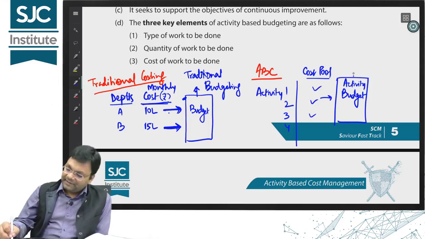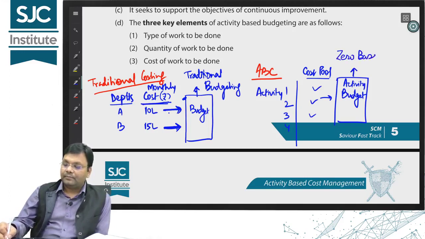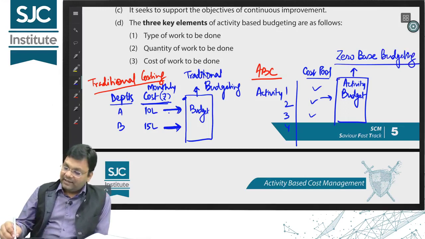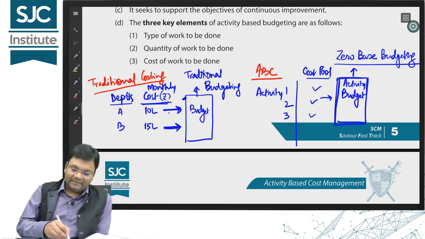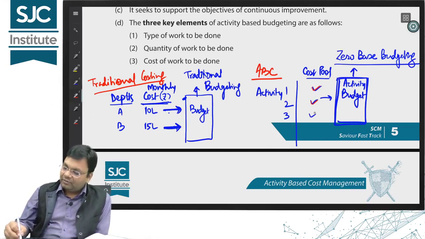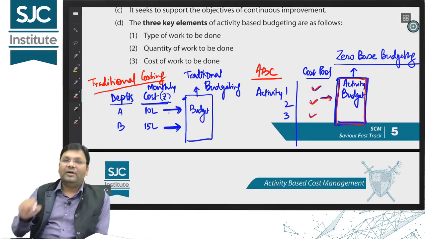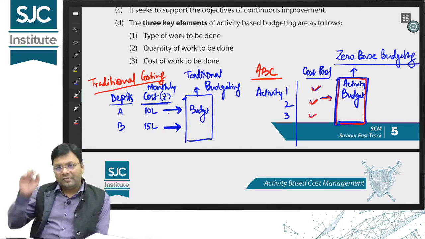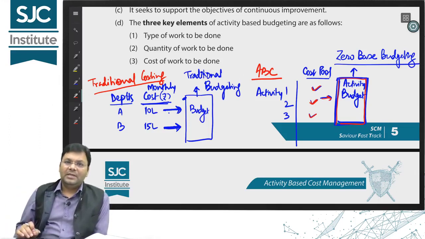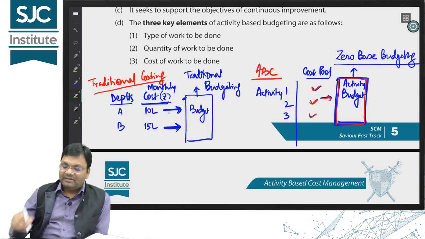Now the method of preparation of this budget is not traditional budgeting. We follow zero-based budgeting here. What is zero-based budgeting? You must have studied this at intermediate level also. Zero-based budgeting means every time the budget is prepared like a new budget, that is, from a zero base. Say the first time when we freeze the amount for each of the activities, we prepare everything in detail, but we don't assume that in the subsequent month the amount should be the same. In the subsequent month again the full explanation in detail will come. In another month again the full explanation has to be given as to why any penny is required for this